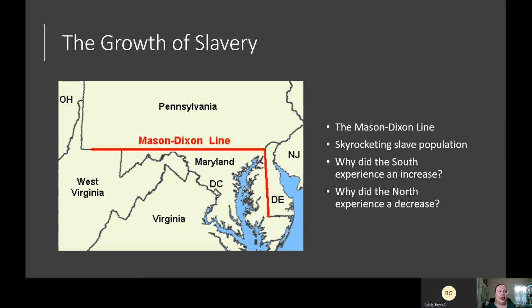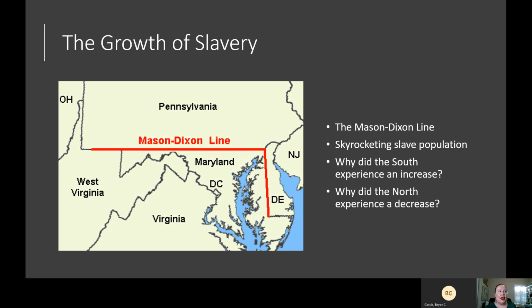So the growth of cotton as a crop, and especially as a really desirable crop, leads to the growth of slavery. Just to give you an idea of how dominant cotton production becomes in the South, by 1860 the South produced 75% of the world's cotton. So not only are they sending it to northern factories, but they're also exporting it. And cotton actually accounts for 50% of all US exports before the Civil War. So this is big business. It's not just the Southern economy, the national economy.